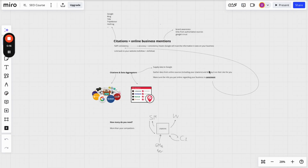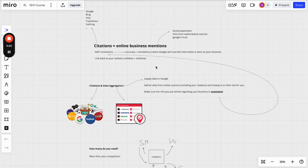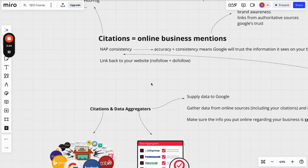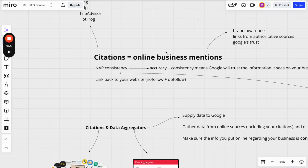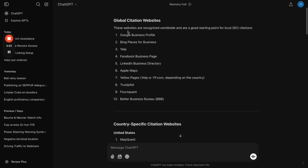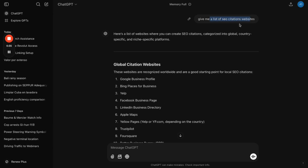Let's move on. So now I want to speak about citations. We have a lot to cover here, so let's just get straight into it. Now, you might have heard the word citation in the SEO space, and what it is essentially is an online business mention. So if you go to ChatGPT and ask it to give you a list of SEO citation websites,